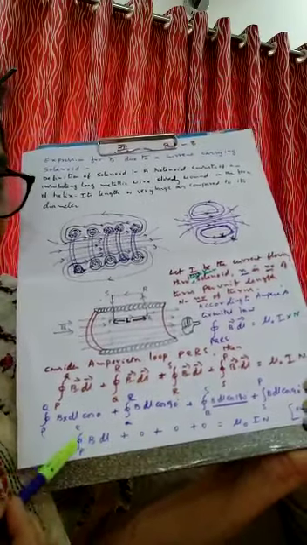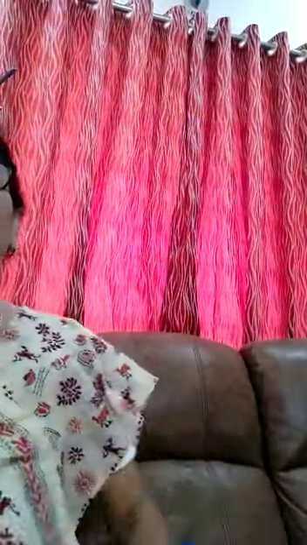This is the formula: integral B dl is equal to mu naught I into N. Now what is the value of integral dl? It is 2 pi r, the radius of the loop of the solenoid. For the whole loop, dl1 plus dl2 and so on, the whole dl means the circumference of the coil of the solenoid. Each turn of the solenoid is 2 pi r, but that is for that particular area.